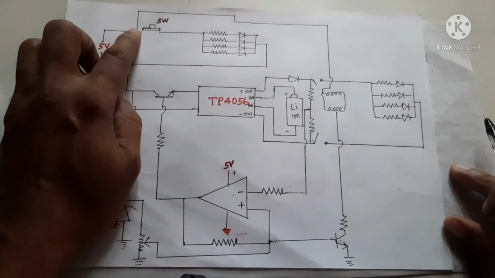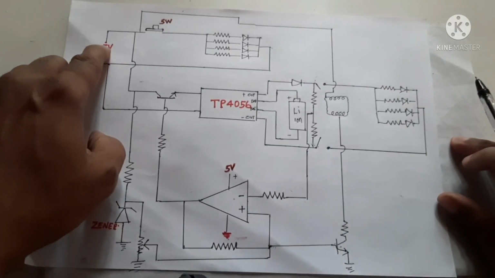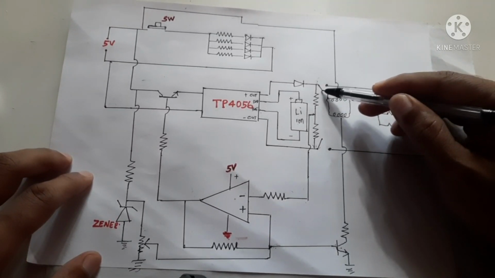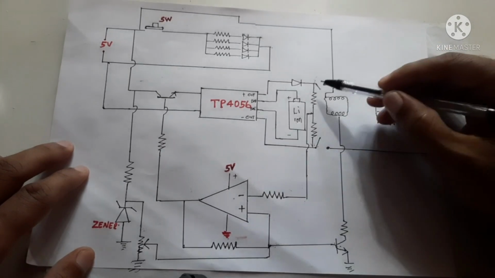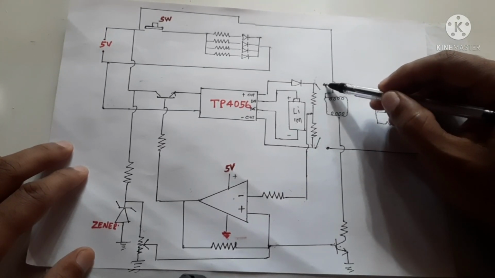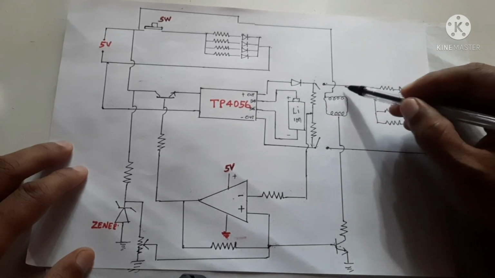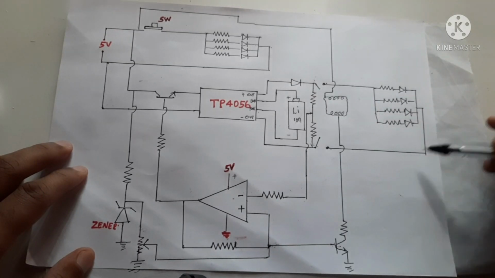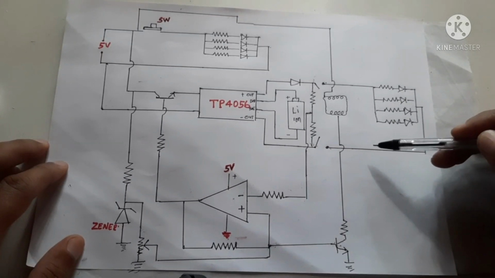But when the power is gone, when we remove this power, this supply will be automatically connected to this point. This is a normally connected switch. That means if there is no power, this will be normally connected to this point, and this will be normally connected to this point, and the energy will flow through this resistor, through this LED, and complete the circuit. So this is how it is working.